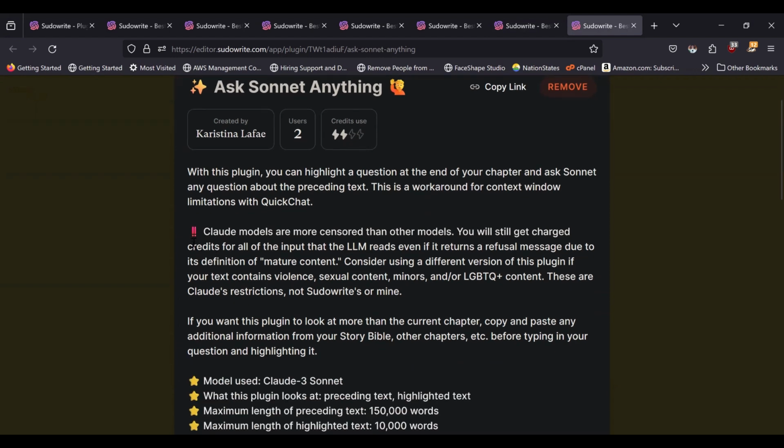I have the double exclamation points just again to warn people about how Claude models can be more censored, and you'll still get charged credits for all of the input that the LLM reads, even if it returns a refusal message due to its definition of mature content. I think it's important to let people know this up front, especially. Sonnet isn't the most expensive model we could be using, but especially on the Opus version of this, I want people to know that if it's reading a whole bunch of text that you feed it and it decides that it's